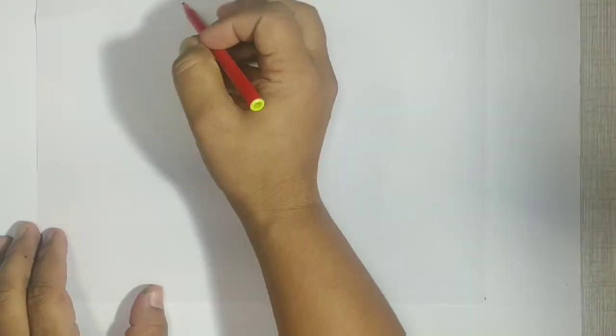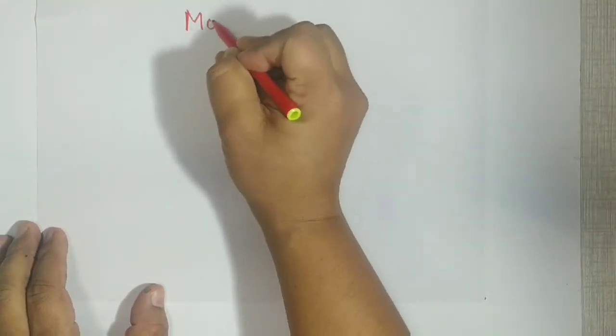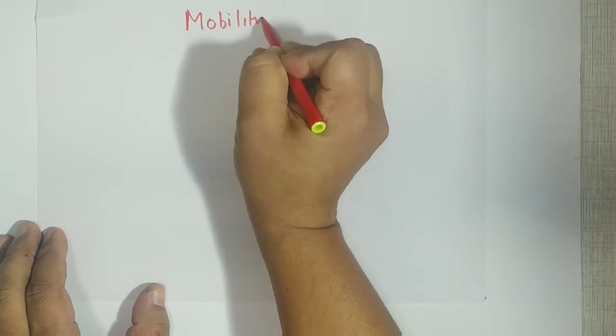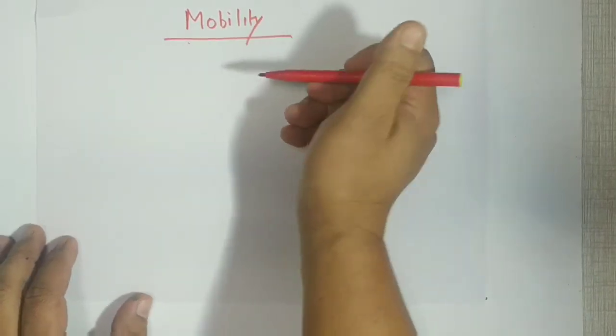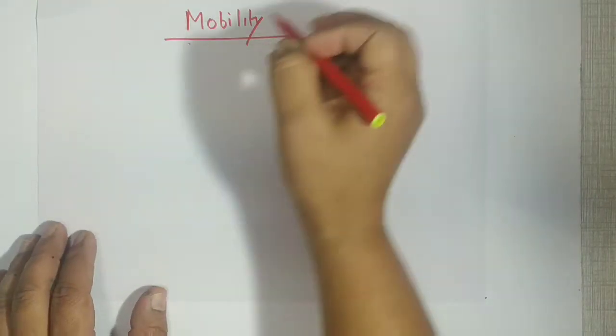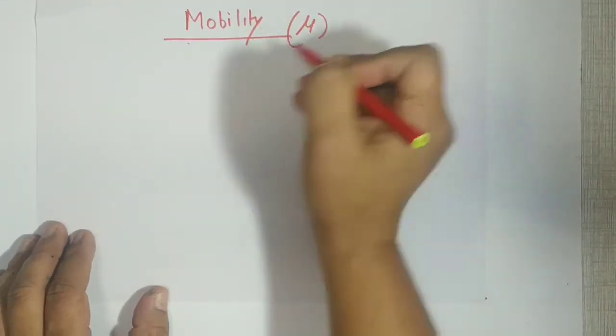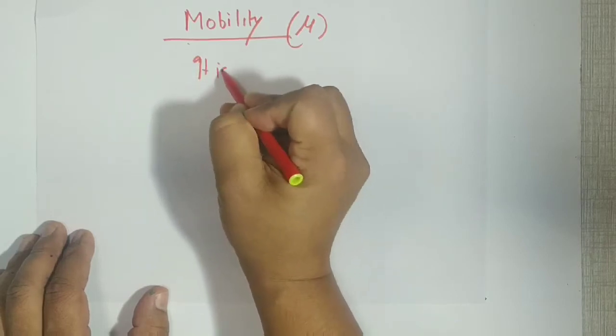Last class we discussed drift velocity and related concepts. Today there are a few important terms. First is mobility. It is a 1 mark question when it comes in the paper. What is meant by mobility? Mobility is denoted by mu and it is defined